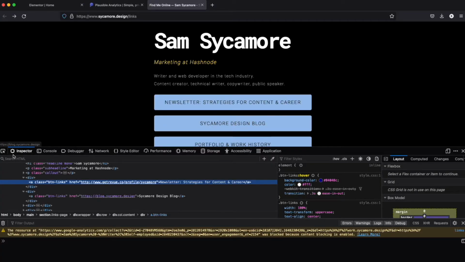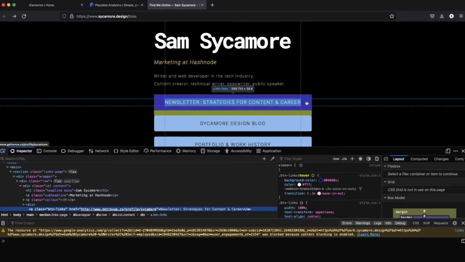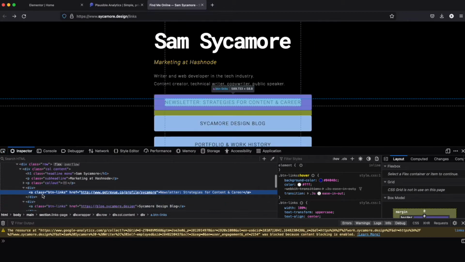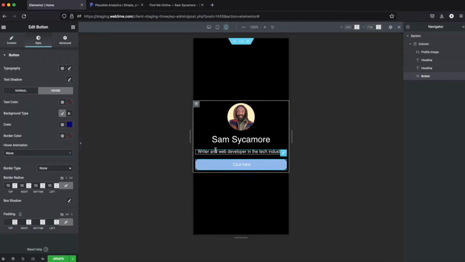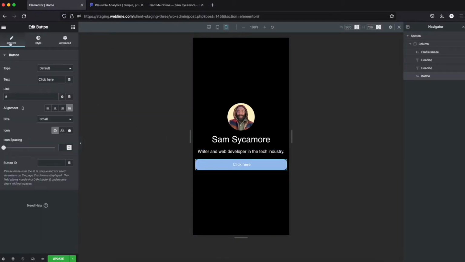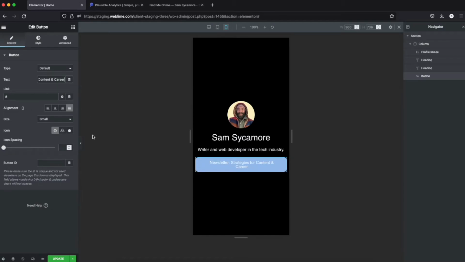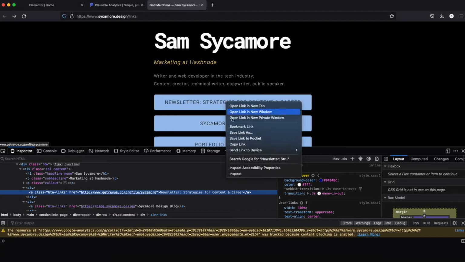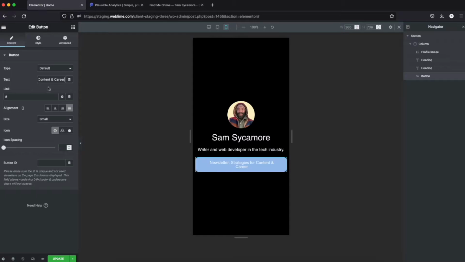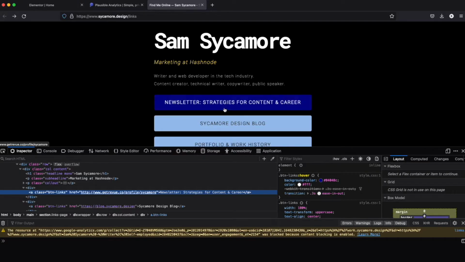Let's go ahead and copy the text here that he used. So here you go. The text goes here. And the link, copy link. The link will go here. And so that's that. And let's go ahead and duplicate, since this button, actually the text is,